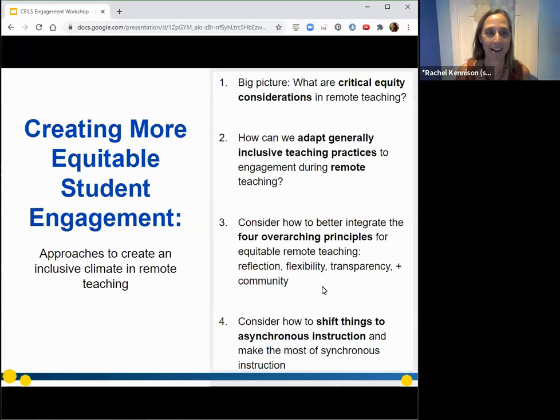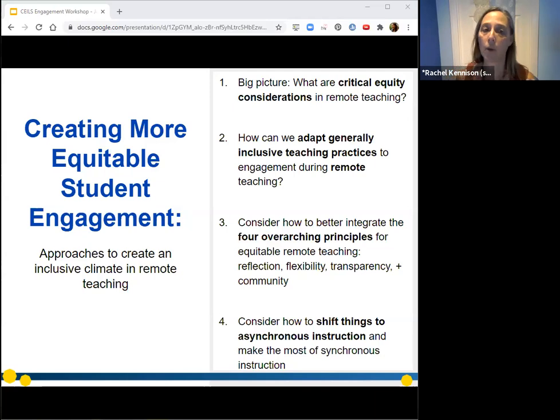Okay, next slide. So here's our roadmap for today. We're really going to focus on equitable student engagement. So really think about approaches to create an inclusive and equitable climate in the classroom in the remote environment, right? So we're going to first think about what are critical equity considerations in remote teaching.